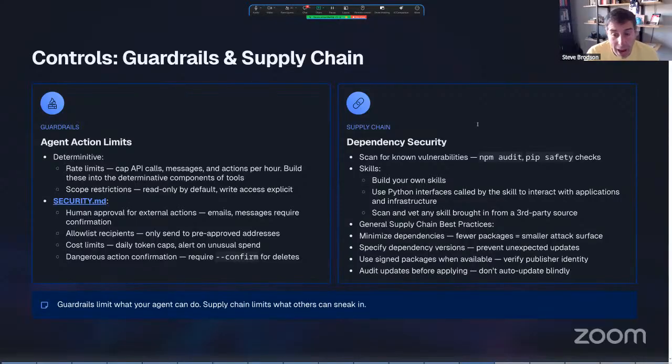Using signed packages, very important, and then using the tools to audit before applying. Even if you have to use a third-party tool, most of it is in a text file that you're going to be able to read, and you're going to be able to see things that are malicious. And make sure you investigate any links that are called from those tools.